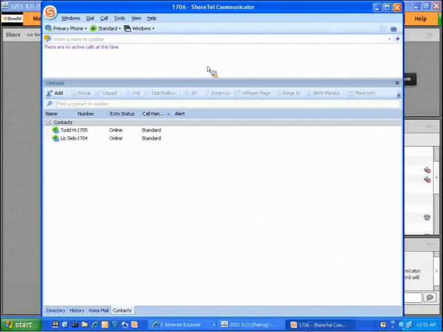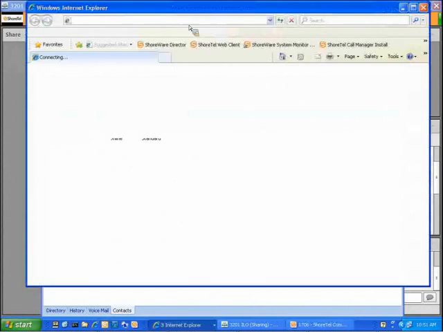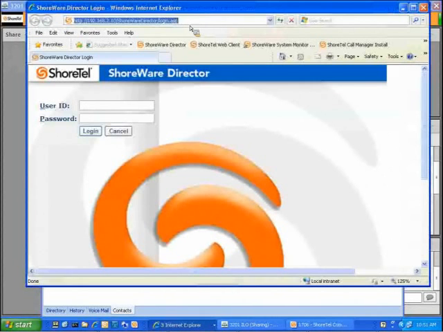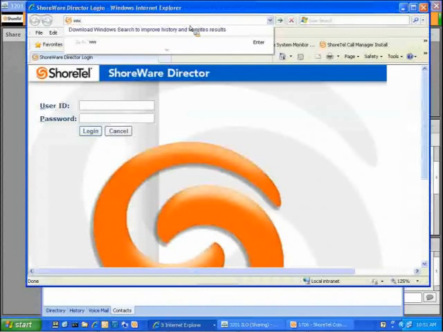The only other thing I wanted to point out is we talked about having a user guide. We've talked about the quick reference guide. We've talked about the online help. The other thing I wanted to point out is that just very recently, if you go to www.shoretel.com,